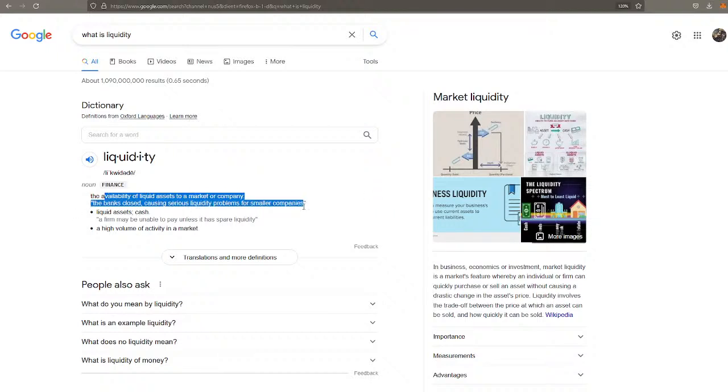It's the availability of liquid assets to a market or company. What is a liquid asset? An asset's liquidity is how easily it can be converted into usable cash, right? So how close to basically being cash is that asset? If we think about general assets, a house is considered an illiquid asset. It's not very liquid because there's a long sales cycle. If you own a house, you may own, say, $300,000 worth of value, but it's illiquid value because for you